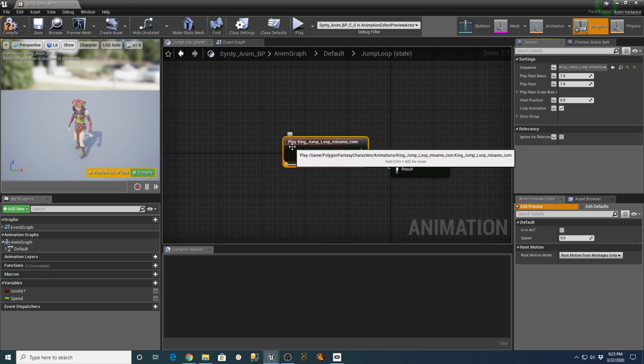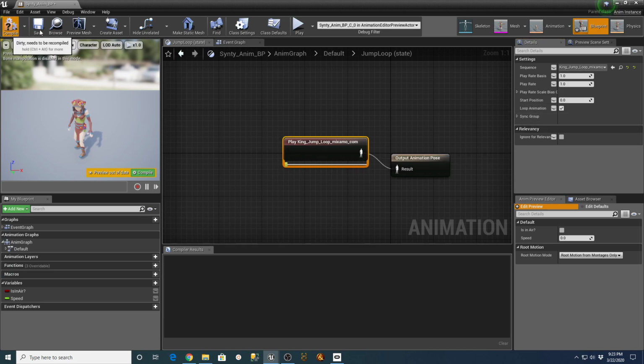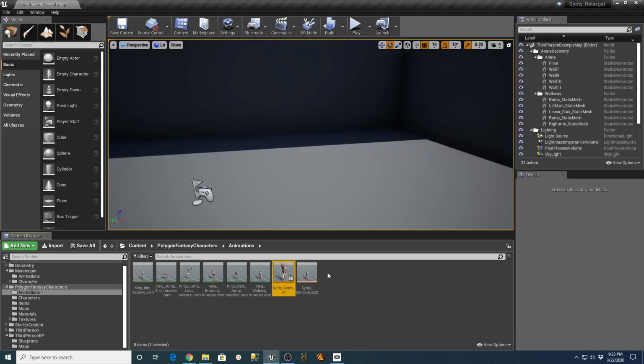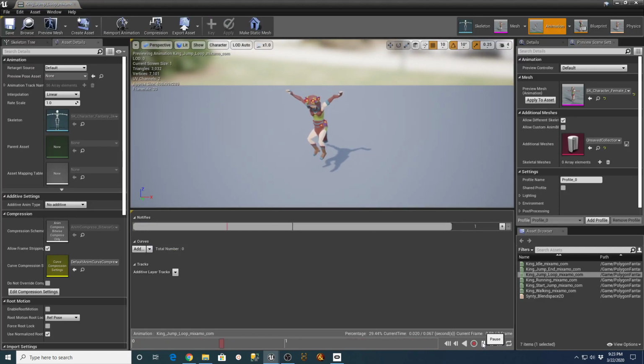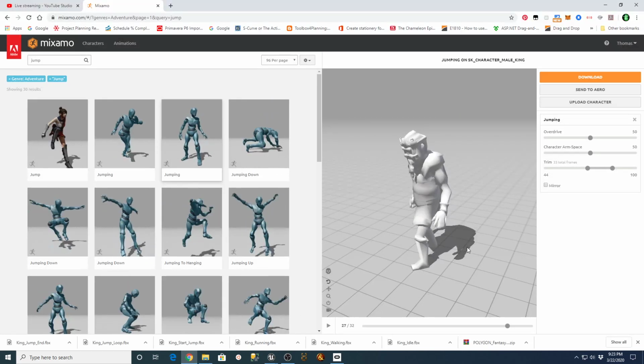It's just too short, maybe. Yeah. I only had 2 frames of that. The other one, I mean, it's definitely doing that. Let's get jump loop, see if we can make it a little bit longer in here.